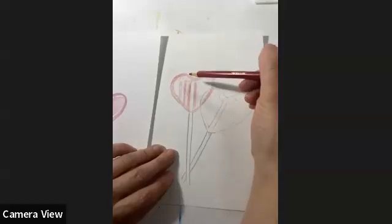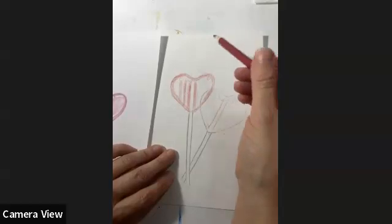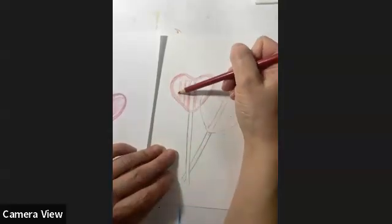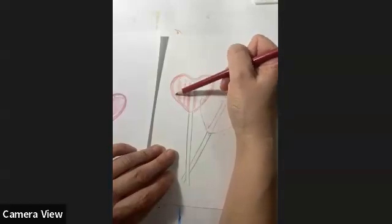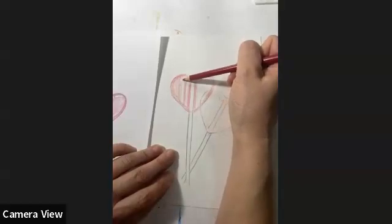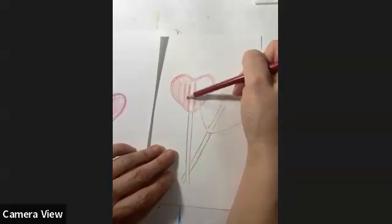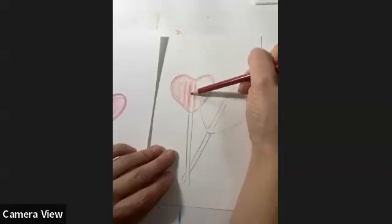So now that we've done that, we are now going to shade the rest, but we're going to shade lighter than how we were shading. So what that means is if I start here on the left, you can see I'm going to shade very light in the rest of it for now. And when you get to the lollipop stick,